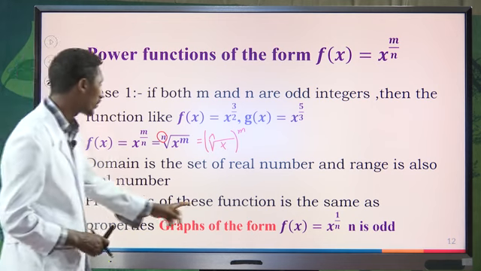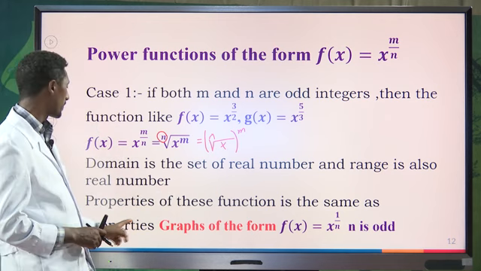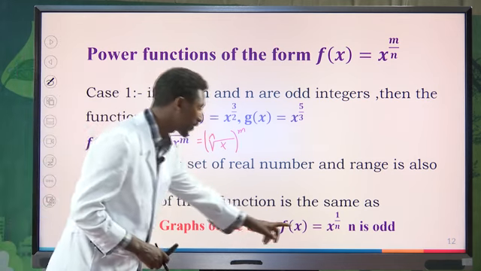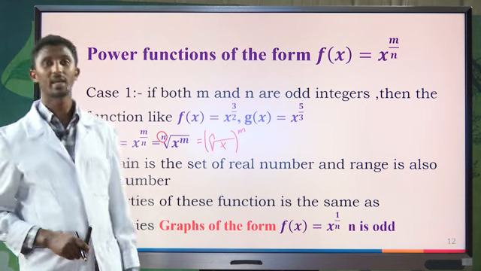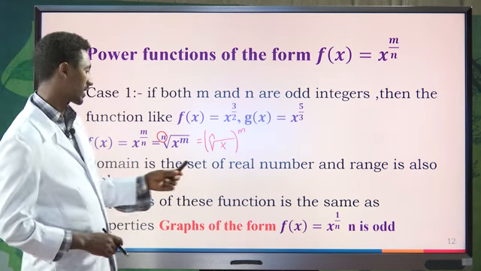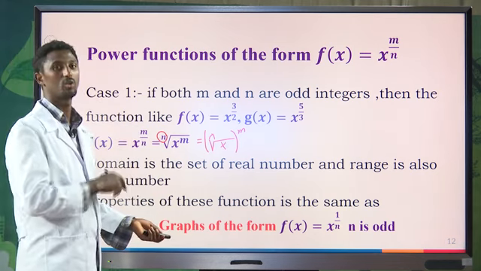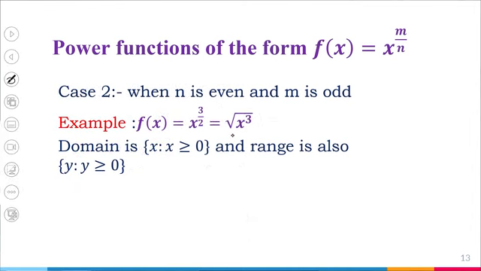So the properties of this function are the same as the properties of the graph of f(x) = x^(1/n), where n is an odd integer. That is the above result, what we have discussed on the above slide. Okay. A power function of the form f(x) = x^(m/n),